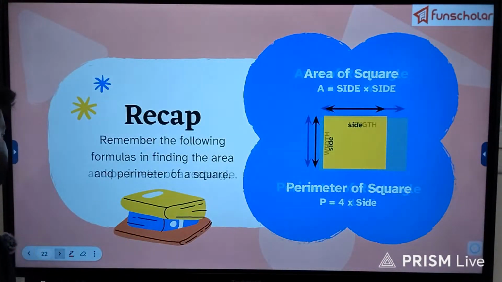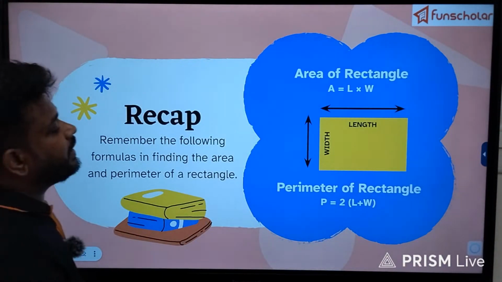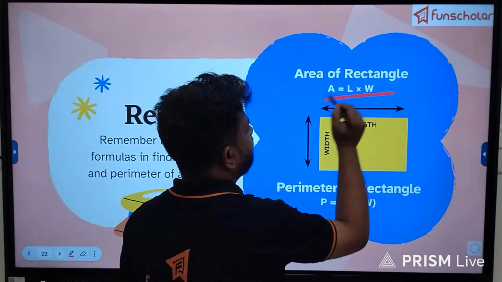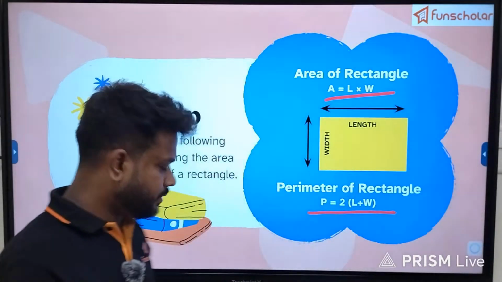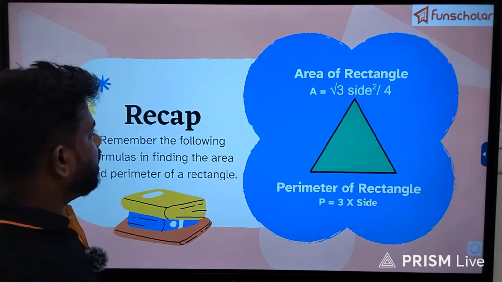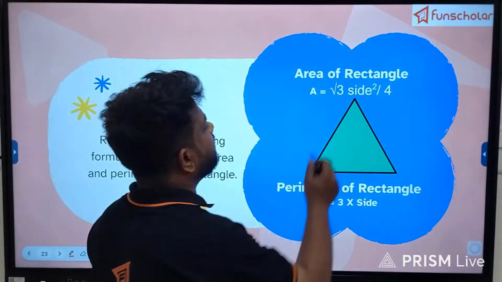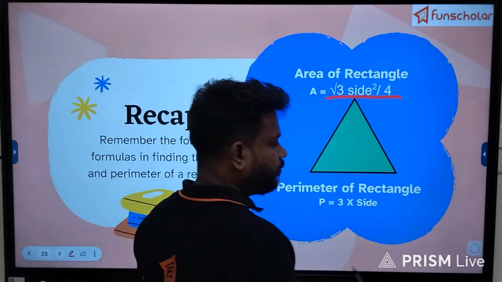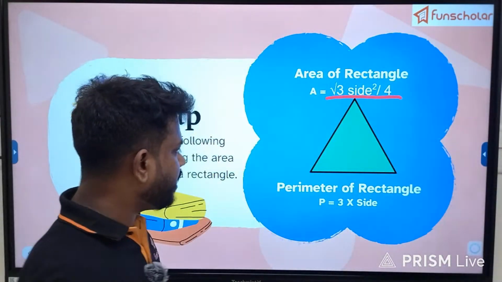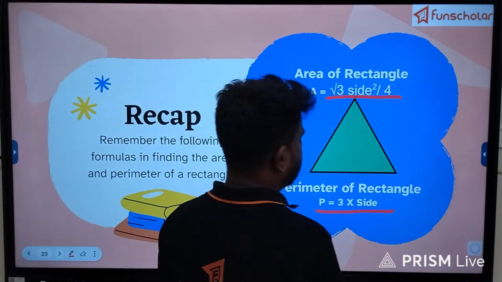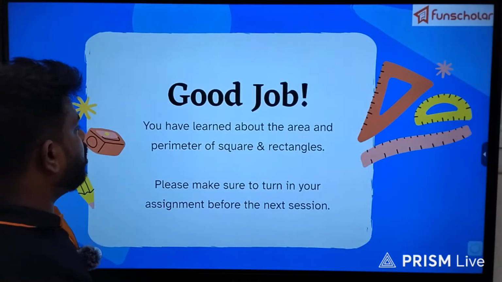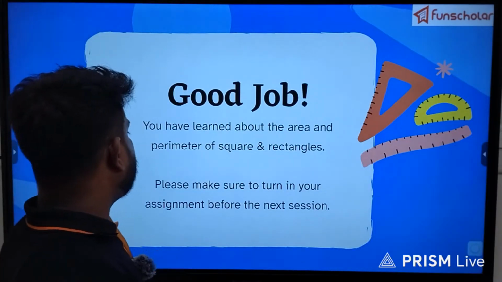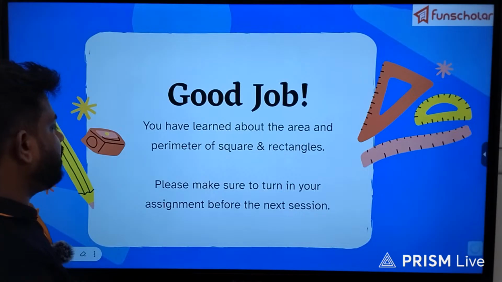Okay, and the area of a rectangle is length into width, and the perimeter will be 2 into length plus width. The next, area of a triangle is root 3 into side square by 4, or root 3 by 4 into side square, and the perimeter will be 3 into side. Okay, good job, you have learned about the area and perimeter of a square and rectangle,